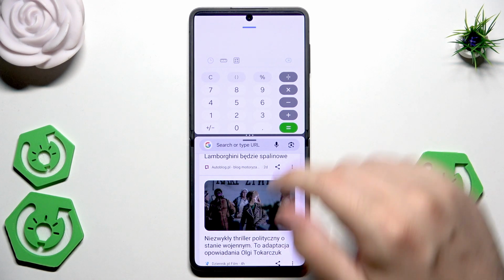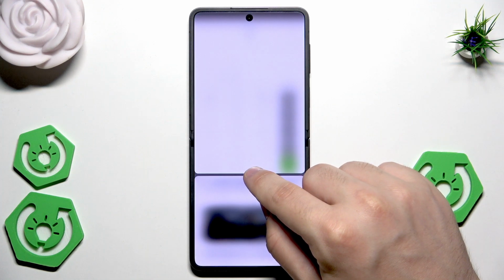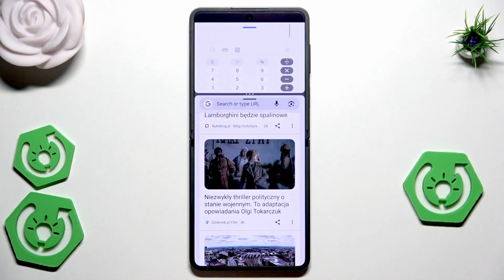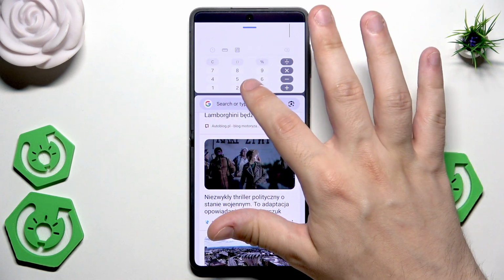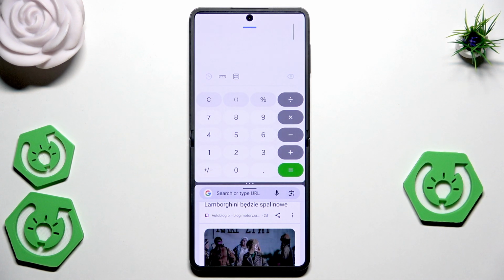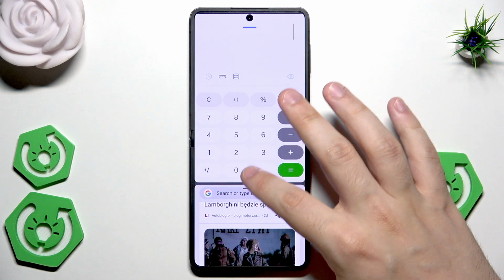Also, you can adjust the size of those windows. All you need to do is to grab those three dots that are in the middle, and now you can change the size of the app. So now the Chrome is much bigger than the calculator. Now let's go into the opposite side, release, and now the calculator is much bigger than the